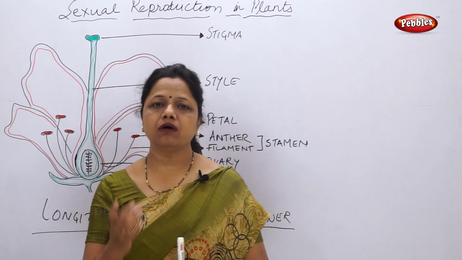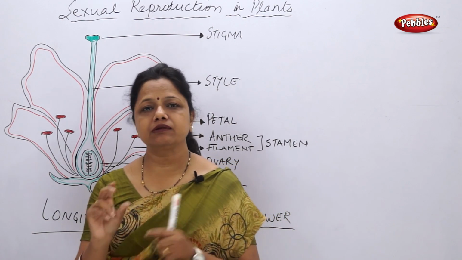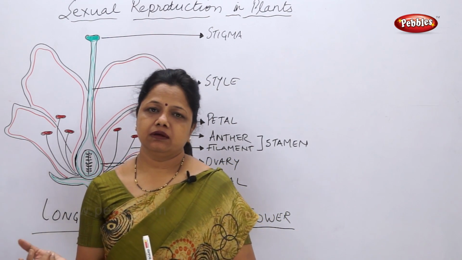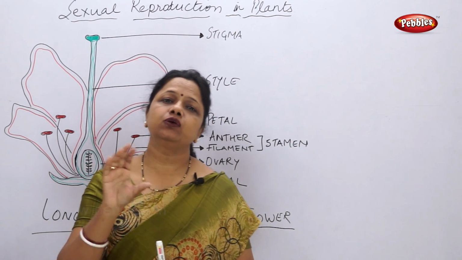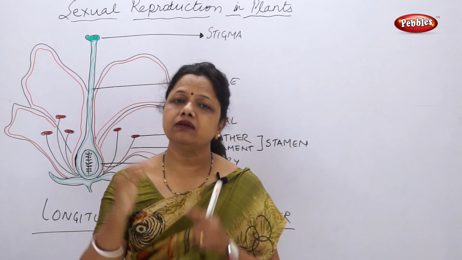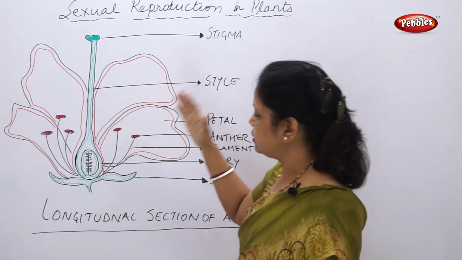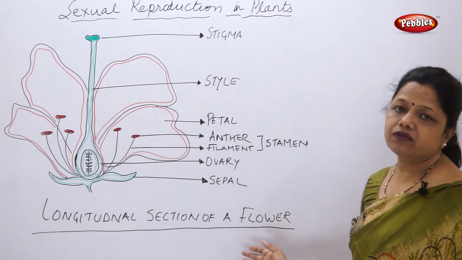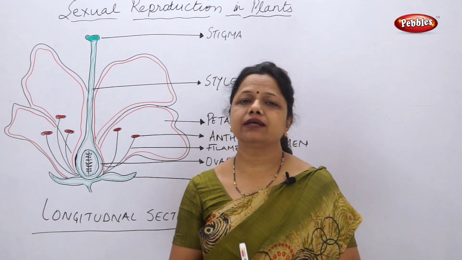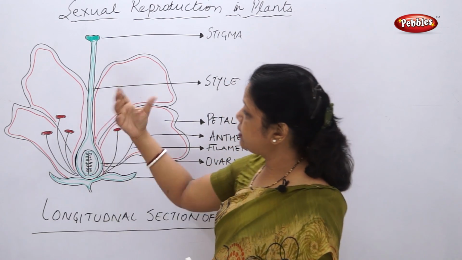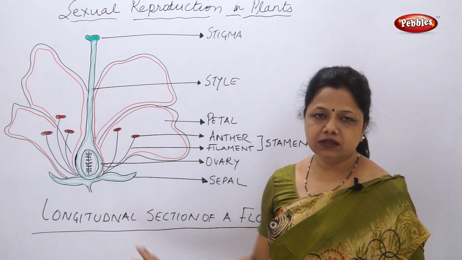So in a plant, you all have seen flowers. Flowers are actually the functional unit responsible for reproduction. When I say functional unit, it means the flower is acting as a unit which has various functions involved for the sexual reproduction of plants. I have drawn a diagram of a longitudinal section of a flower. If you take a shoe flower, that is hibiscus, also called a shoe flower, take a flower and just cut it longitudinally like this. You will see inside all these parts.